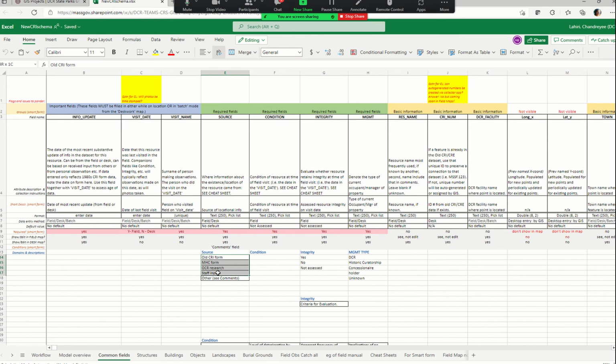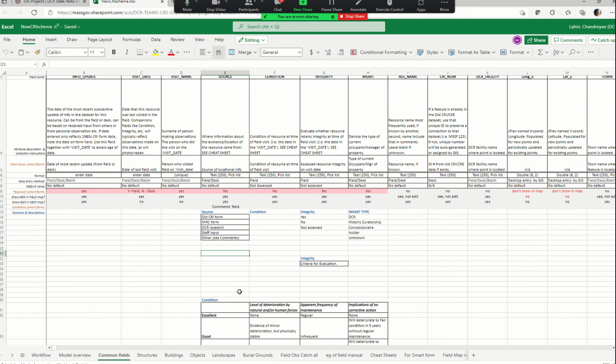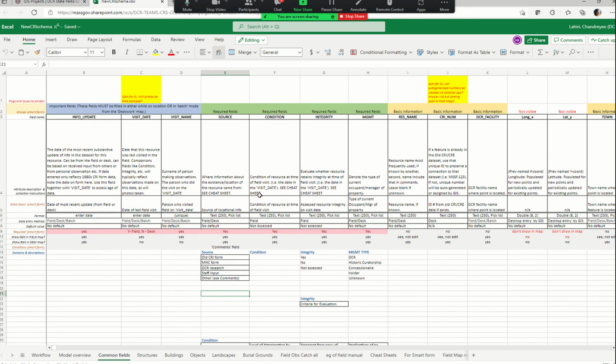This is the other important or interesting thing for you to know. For this field, for instance, at source, it is a text type of field and it's a pick list. And when you click on that little down arrow for that field in your form, these are the values that you can expect to see in them. The other really important thing you'll have, and it's kind of towards the bottom of this page, is some of